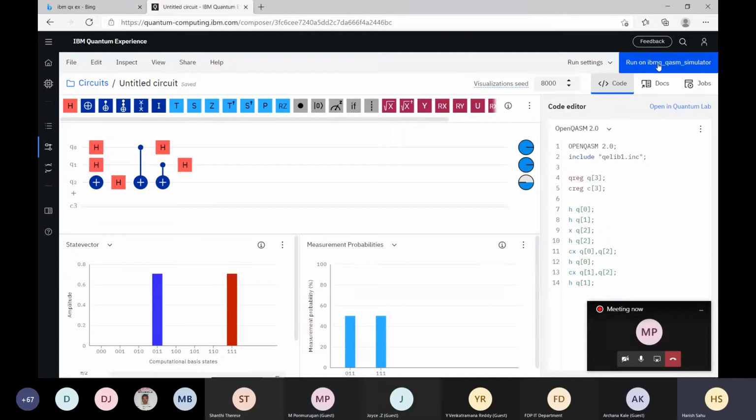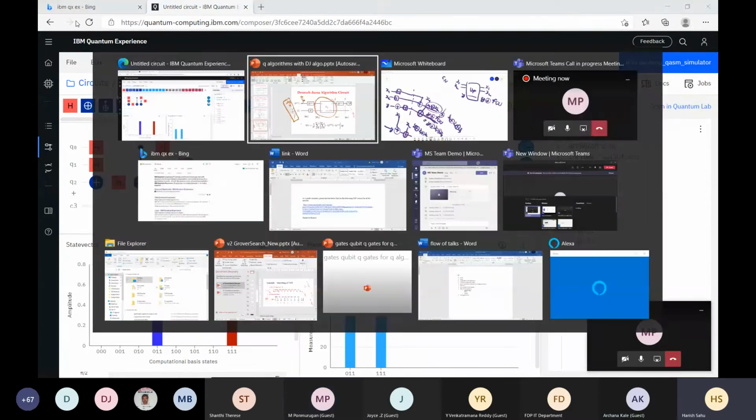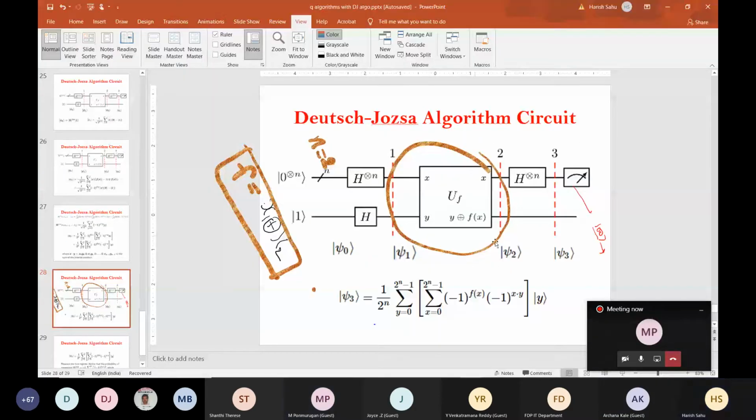Now I have selected this IBM simulator. So let's run it. But before running, what I told you in the previous session: if the function is constant, then 0, 0, 0 will be there.